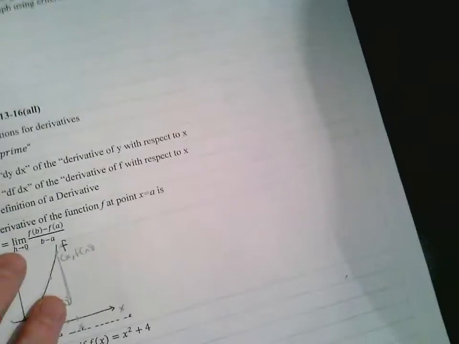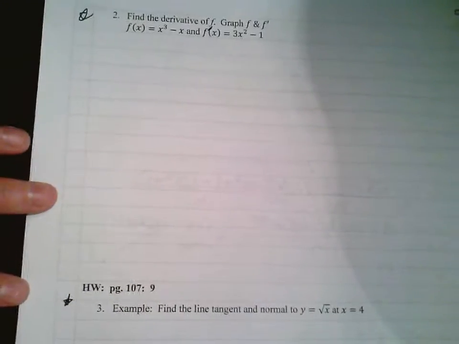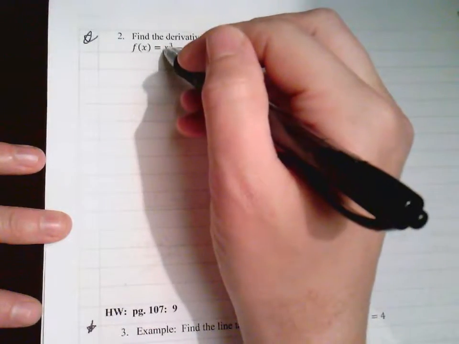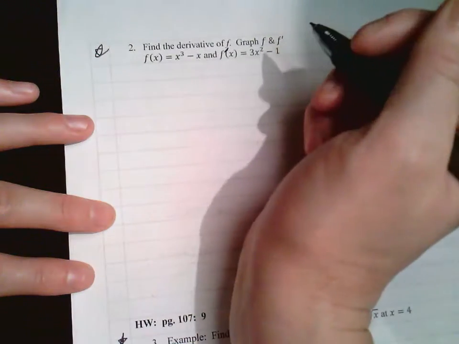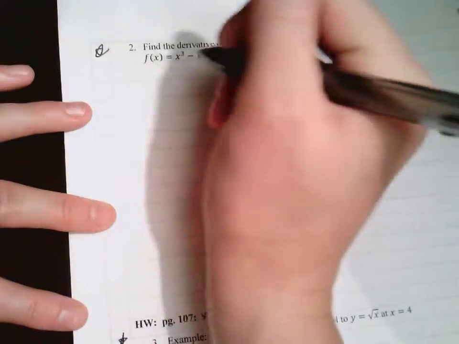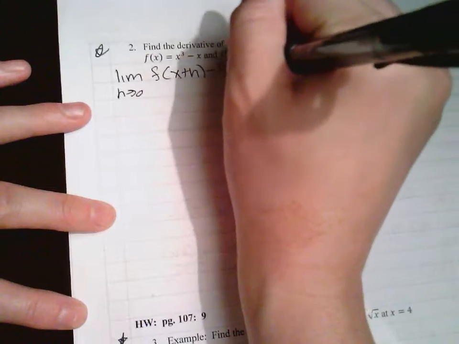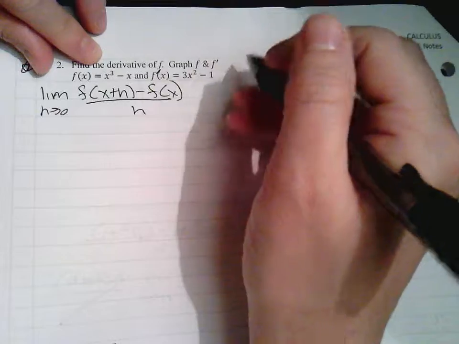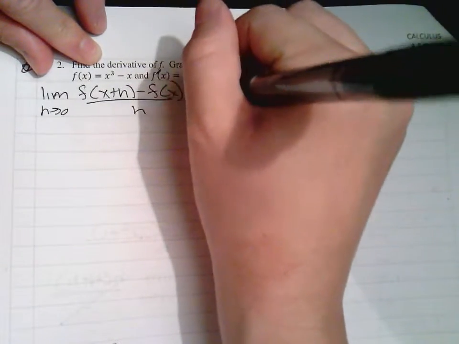Alright, let's do another example. Find the derivative of f. We're going to find the derivative of this. So that's going to be the limit, and you're just looking at an x value: the limit as h approaches 0 of f of x plus h minus f of x over h. So f of x plus h is going to be x plus h cubed